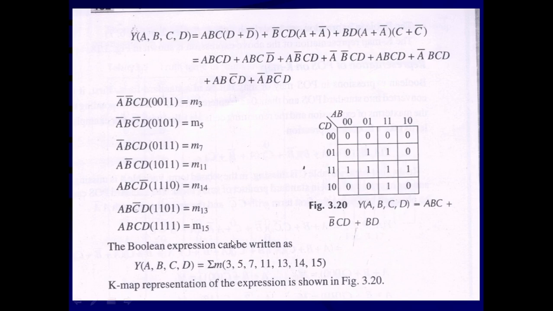So corresponding to these locations, we are going to place 1 in the cell positions. So 0, 1, 2 and 3: this is location 3 where we have placed 1. Then 4, 5, 6 and 7: the 5 and 7 locations also have 1. Then for 11, 13, 14 and 15, these are the locations where we have placed 1, and the remaining space is going to be filled with zeros.